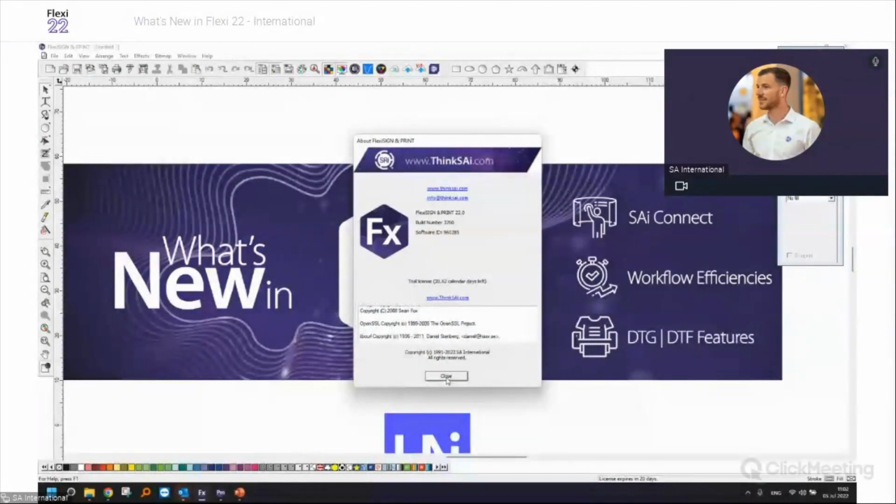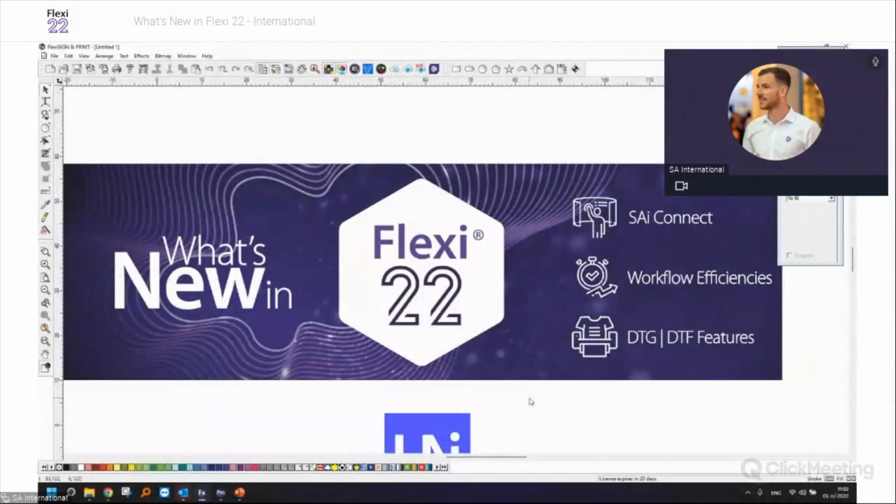Okay. So today I will show the SAi Connect platform, a new production dashboard that we have launched. I'm showing new features in Production Manager, and especially we have a very nice new tab in Production Manager for the DTF and the DTG applications. First of all, I will start with